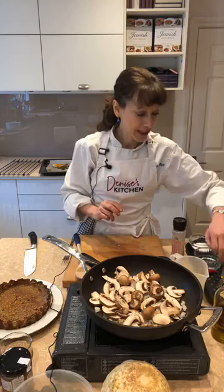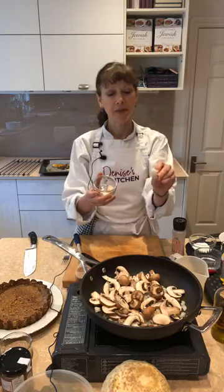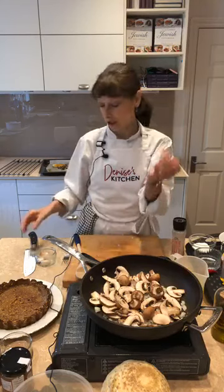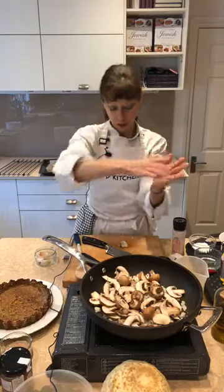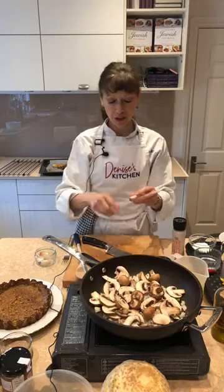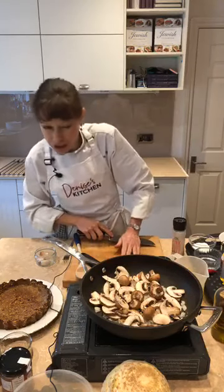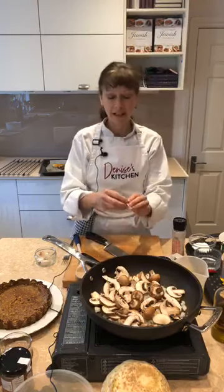And what we want to add now is some garlic. Now I'm just going to chop some garlic. This is a garlic clove. Most of you probably have a garlic crusher that looks like a gadget that you push forward. Love those gadgets, but when it comes to garlic, I'd rather use it by hand. So if you just use the flat part of your knife, you're going to hear it go crunch. Yeah, nice good crunch here. And top and tail the